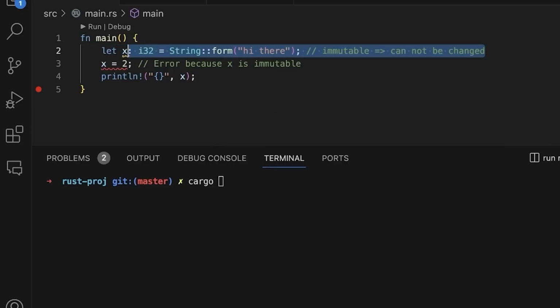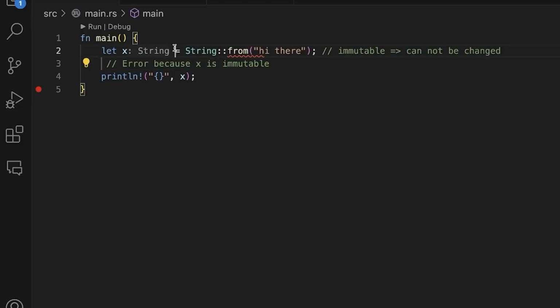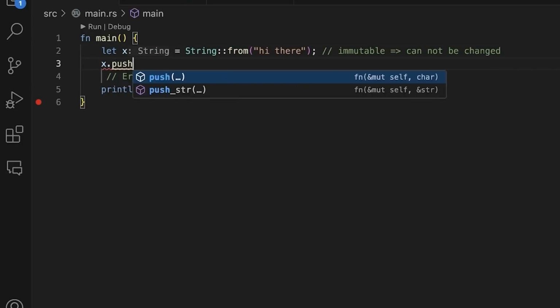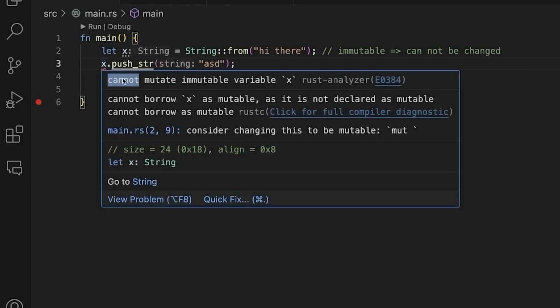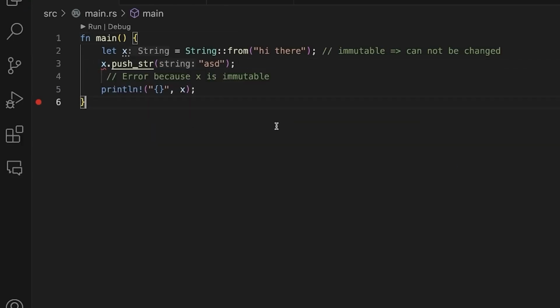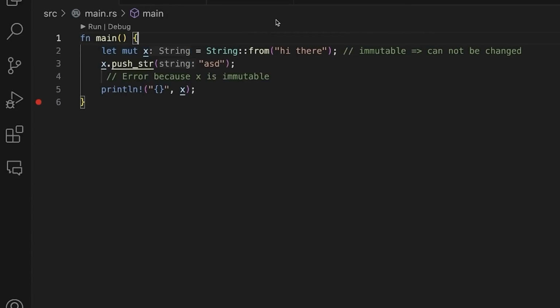And you try to push something to the string, X dot push underscore string, something random. It will throw an error. It will say cannot mutate immutable variable X. So irrespective of if it's a string, if it's a number, whatever it is, you cannot update its value by default. You can set X to be mutable by saying let mut X equal to something. You can explicitly tell the Rust compiler, okay, hey, I want this variable to be mutable, and then it will compile. But by default,